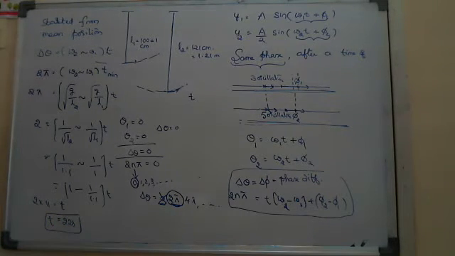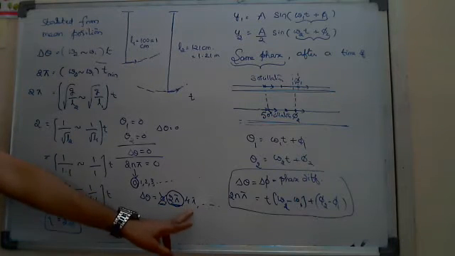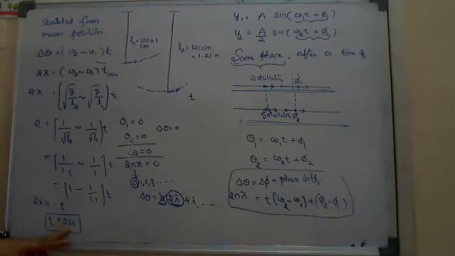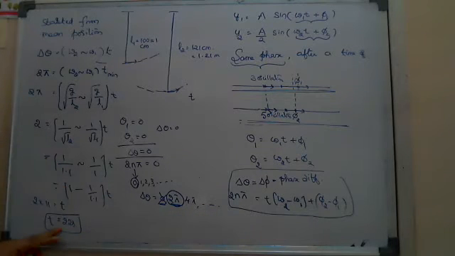So after how much time? Okay, minimum time: the first time they come into the same phase. If you find the second time in the same phase, directly multiply by 2. So here this is 22 into 2, 44. Third time in the same phase, into 3. Fourth time in the same phase, into 4. Likewise, you can find the answers for this question.